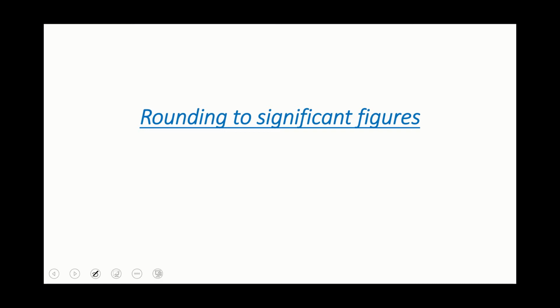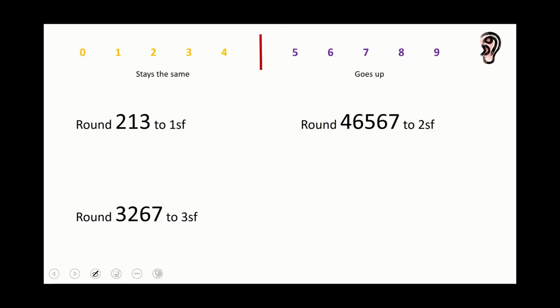Rounding to significant figures. When we are rounding to significant figures, we start from the left-hand side because that's where the numbers with the most value are. To round 213 to one significant figure, we place a line after 2, the first number. The 1 makes the decision, so the 2 stays the same. However, 2 is not close to 213, so in this case we must add 2 zeros and the answer is